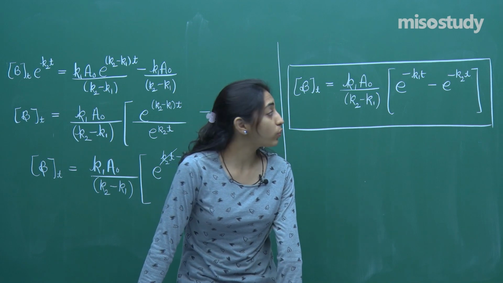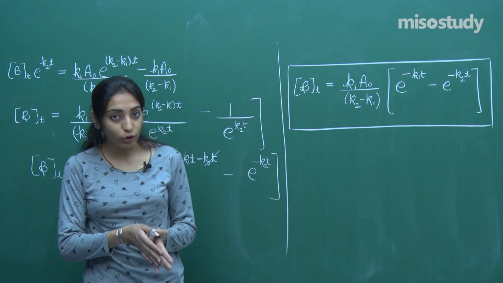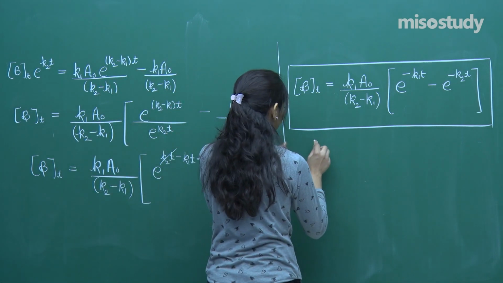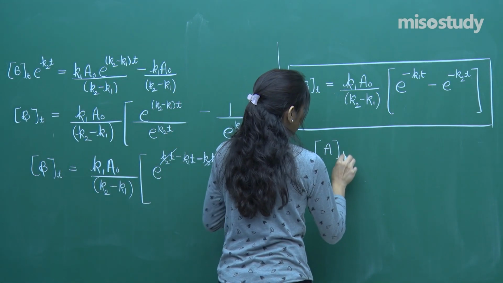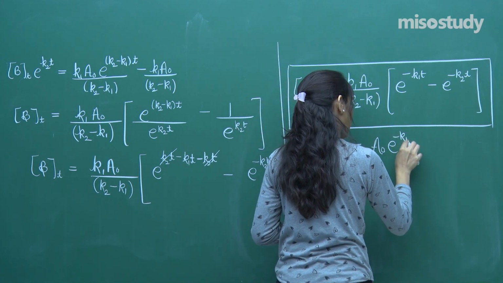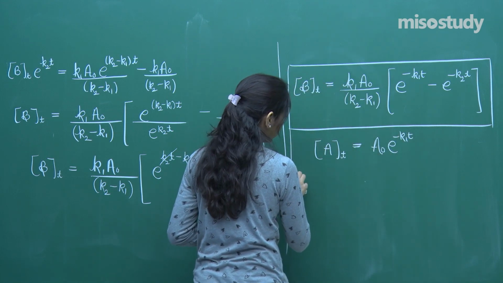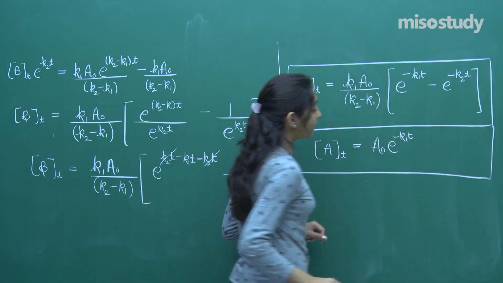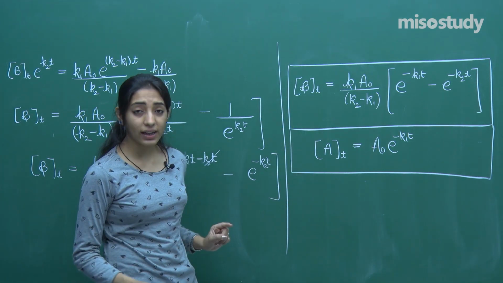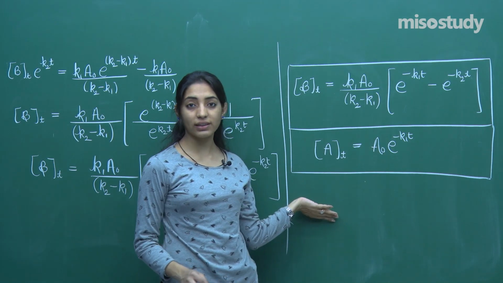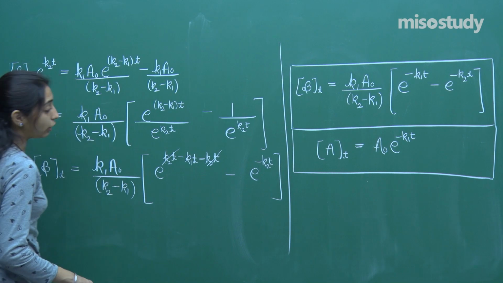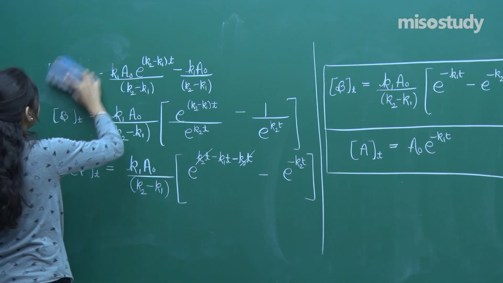Fine. So this was again a mandatory part to solve, and I think this is the equation that we have got. Now one another equation that you would remember is concentration of A at time t is equal to A naught e raised to the power minus k1 t. These two main equations are there. So we are left with one another third equation, that is to figure out the concentration of C. So how should we proceed further in order to get the final value of concentration of C? Let me just erase this also.